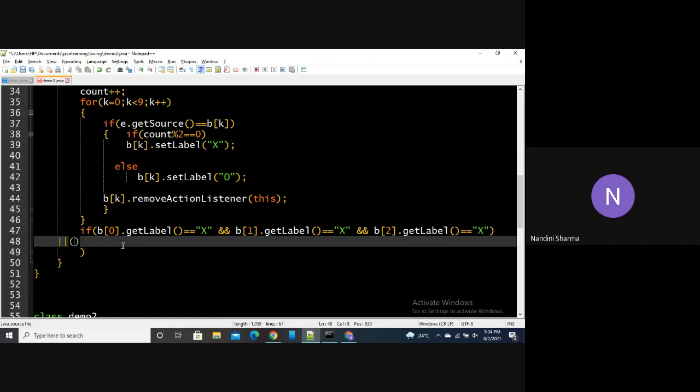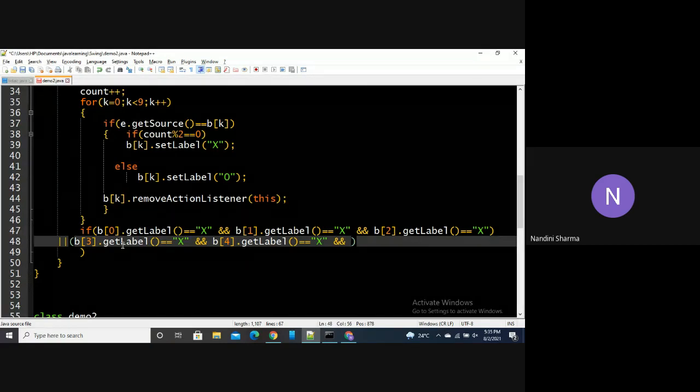Now let's come to the second row, which will have button number 3, button number 4, button number 5.